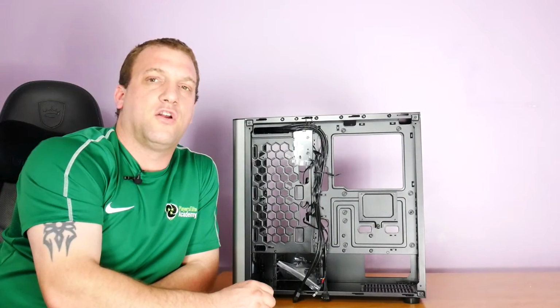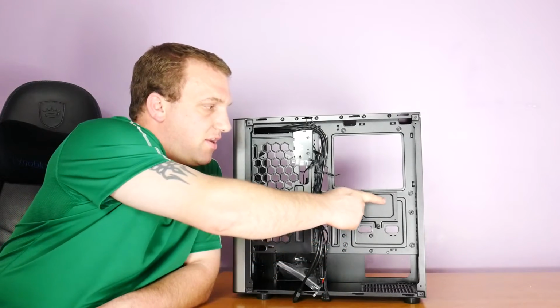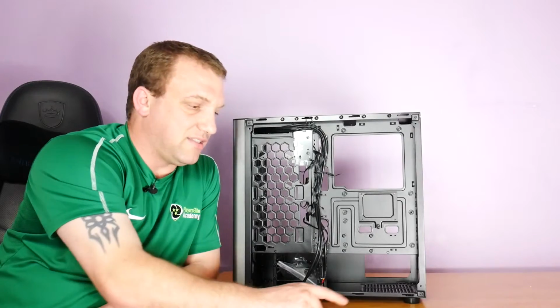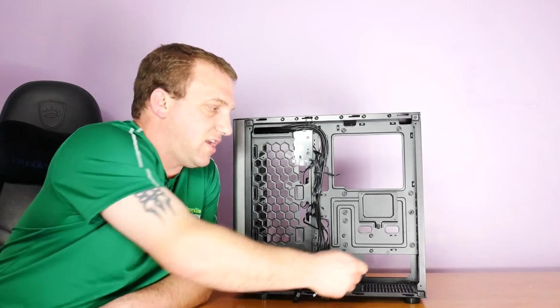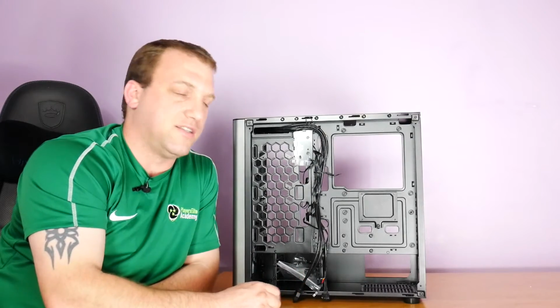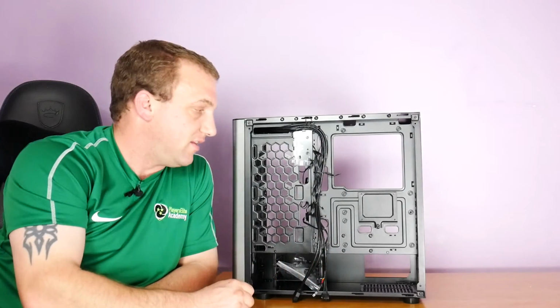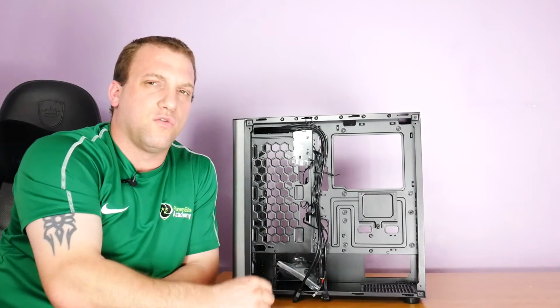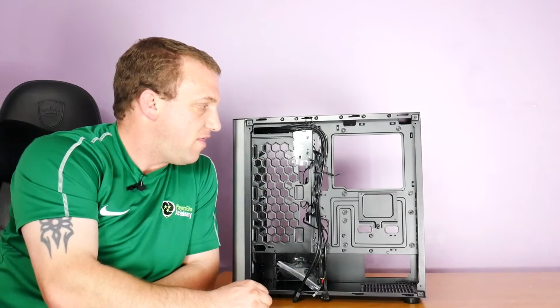So looking over at the back, we've got another SSD mounting tray here, the same exact type of tray as the one we saw on the front side. Again, just undo the thumb screw, take it out, screw your SSD on, slot it back in there, and tighten that bad boy up. Over here we've got the fan controller,